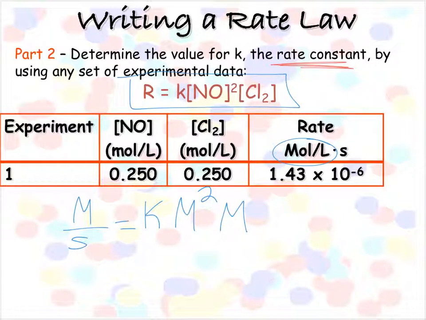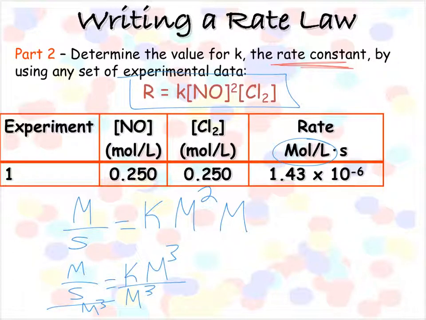So basically you've got K times molarity cubed. I said meters, I meant molar, my bad. If you divide to get K by itself,